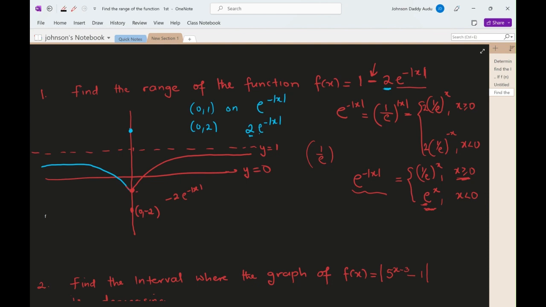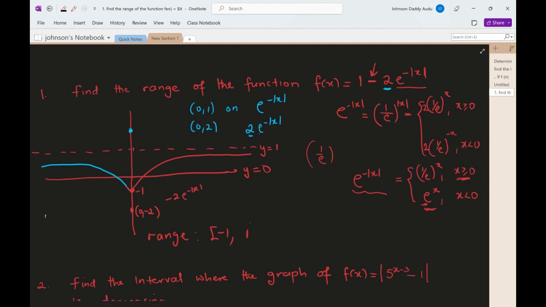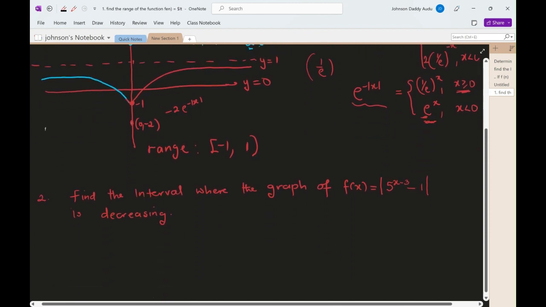So with this, we can see that, remember, here is minus 1. So what would be the range? So our range is just going to be from minus 1 closed, and we will go to 1 open. So this is the range of the function. Now, number 2,